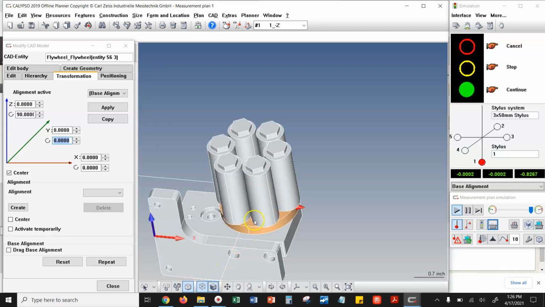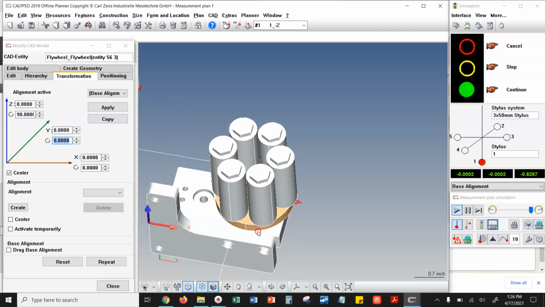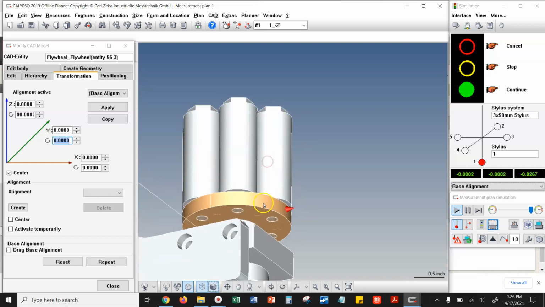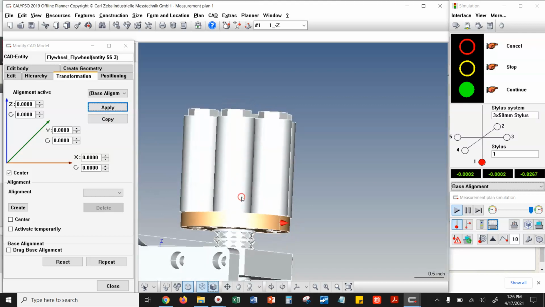So that might have been hard to see just because I turned the shading off. This is now hard to see because I have all those other flywheel weights on there. But we can actually see, if we look from the underside, that that did change the orientation of the hole. As soon as we say apply, notice that the preview window now sticks. That move has been made permanently. Okay, well, let's click on that same model again,